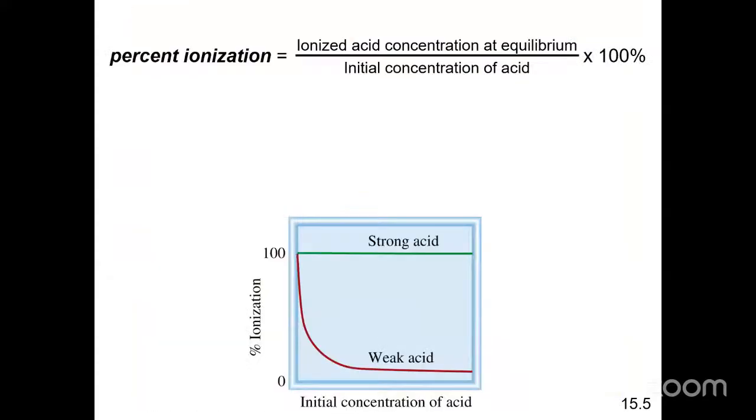Before we do that, let me also define another term which will become important in future calculations: percent ionization. In some textbooks they call it percent dissociation. It's kind of related to Ka, another way of measuring the acidity of an acid, but it's based on the concentration. The percent ionization is equal to